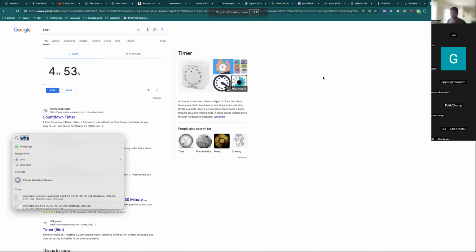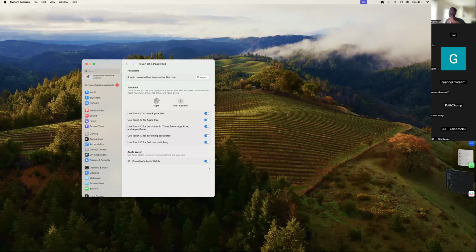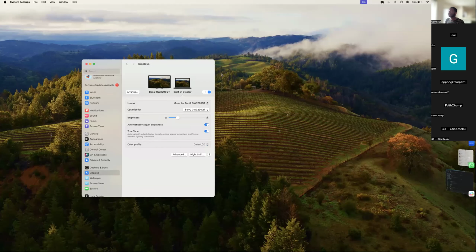Actually, let me do something quickly. Give me a second. I'm using 2 screens right now. Let me move because I don't want to copy anyone, and I also don't want anyone to copy me. Okay, instead of mirroring, let's stop mirroring. Sorry, give me a second.